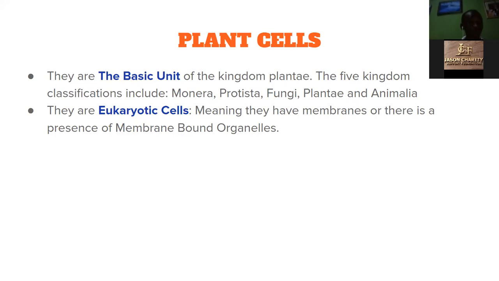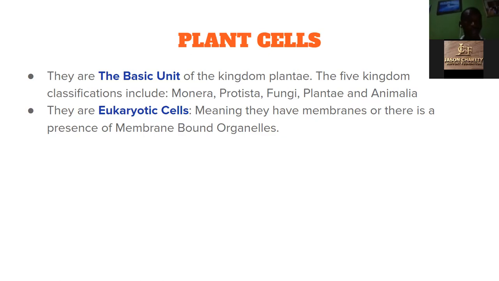Right now, what we want to focus our attention on is the plant and animal kingdom, because they are the major players in this kingdom classification. So that's why we'll be focusing our attention on these, right? So plant cells,